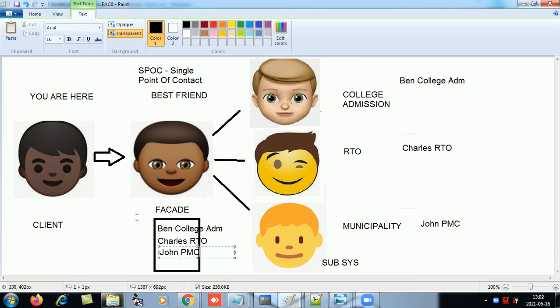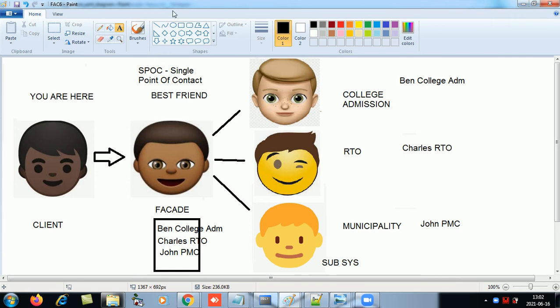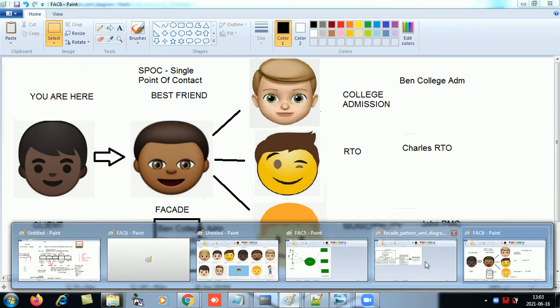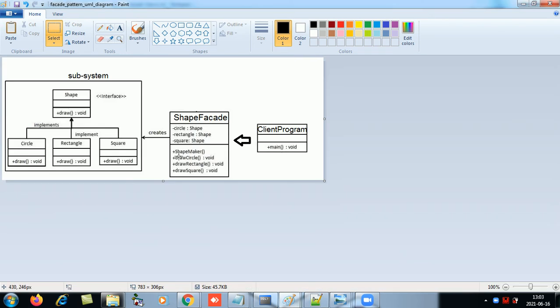will be over here. The client need not store the details. The client is least concerned with these details. So these details need not be relevant to the client. He is least bothered. He doesn't even want to know the name of the person who is doing his college admission work. He just told his friend, the friend will take over. Okay, so that's why the facade should have the contact of all these objects. So that is what is mentioned over here.